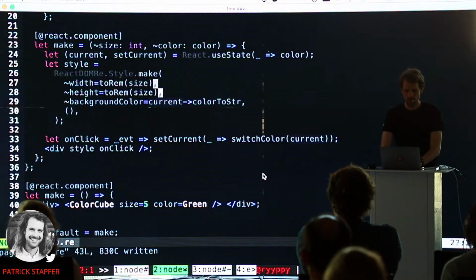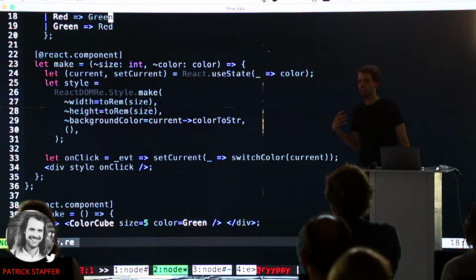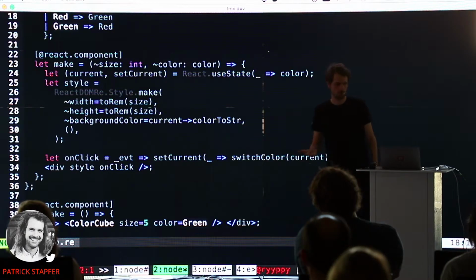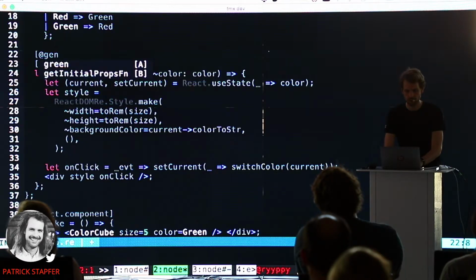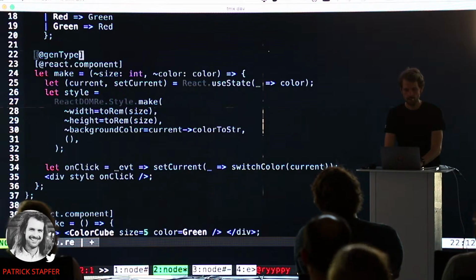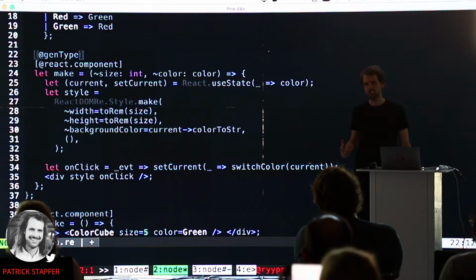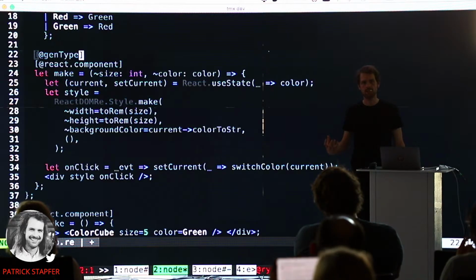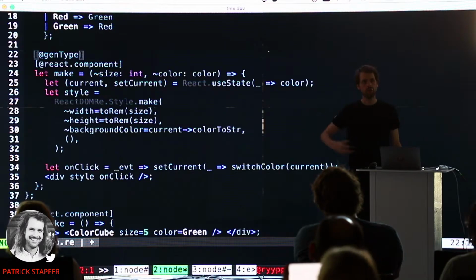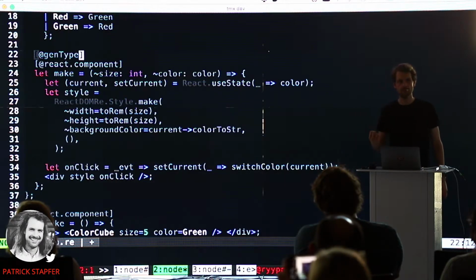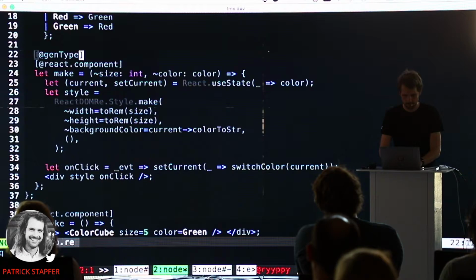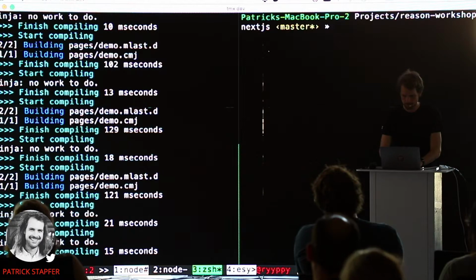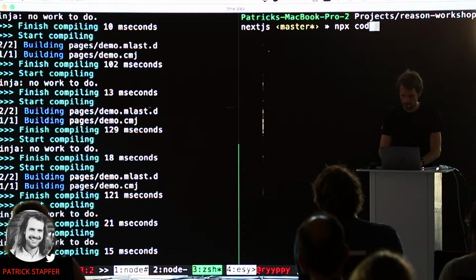Right. So how I told you that it's easily integratable in different code bases, in JavaScript and also in TypeScript. So what Reason, the community, did, we introduced GenType, which is what you can imagine as a Babel plugin, kind of. It can do the same thing. It takes the AST, the abstract syntax tree of your code, and can generate different data from it. And it can also do file system access. So what it does, if I compile this, so let's open the VS Code editor so you can see it.